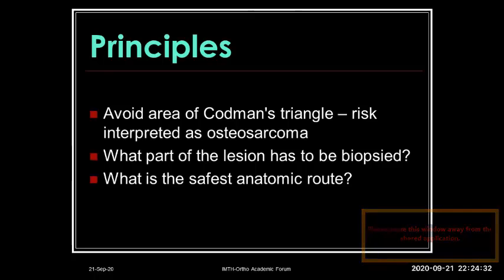And the second question, what is the safest anatomic route? In order to answer this question, you have to go through all the images. You have to go through the MRI, see which compartment is involved, what is the shortcut approach, how I can reach that, how I can avoid the major vessels. So you need to assess for